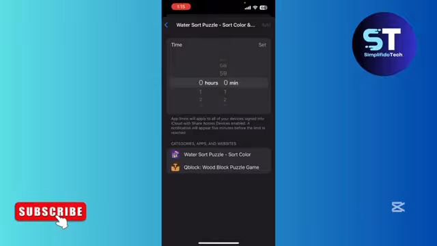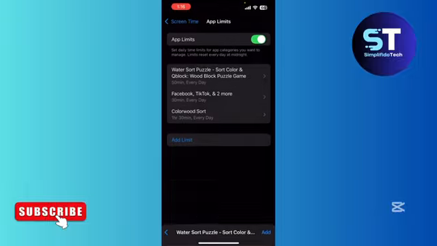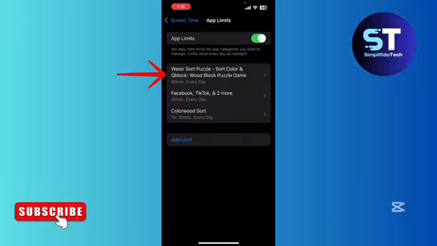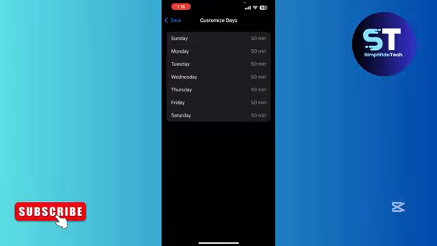Here you have the option to set the time you want to use that app per day. So let's set this to 50 minutes every day and then click on add. So we have our time limit set for those two games. You can also customize the days by clicking right here, and you can set each day to have a certain amount of time. But if you want to use the same time for every day, then you can just let